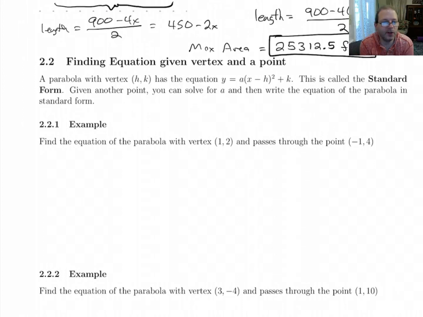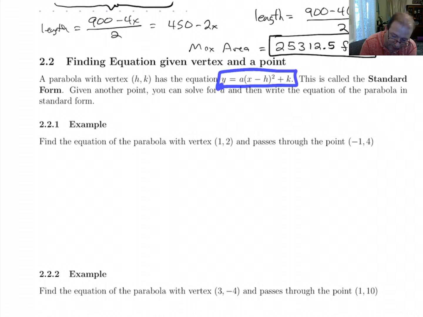All right, on this last video for section 5.1, we're going to look at finding the equation of a parabola given the vertex and a point. So first up, let's look at this. This is called the standard form of